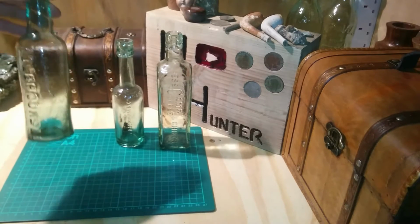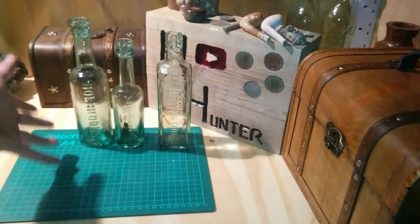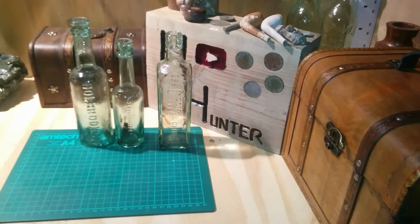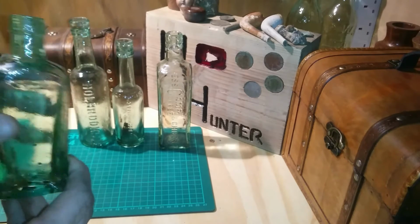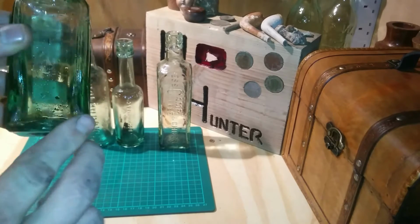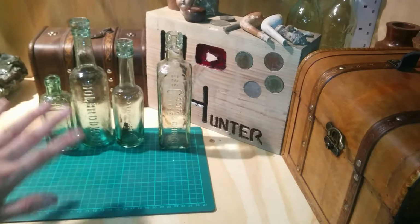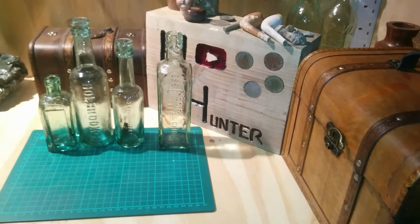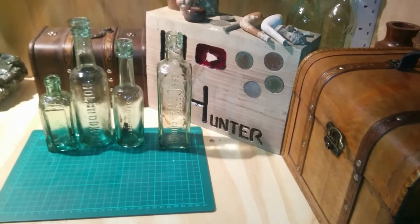This one here is kind of Aqua Allbrooks. So they're better than the clear ones. If I'd picked them up clear, they would have just been left behind. Now these here, they're not totally cleaned out, but they've been rinsed. But lots of bubbles in the glass. Nice aqua colour. And these are classed as ones you would just leave at the side, but they're just too nice to leave. And you get them in all different sizes, like similar style with the aqua,